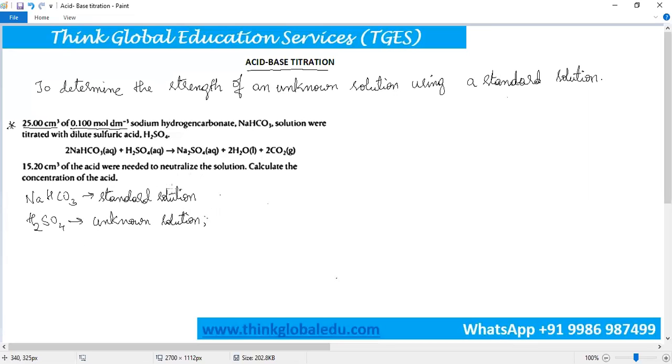The first step to determine the strength of an unknown solution is to calculate the number of moles of a standard solution by using the equation n = CV. So the number of moles of sodium bicarbonate reacted in this reaction can be found out by multiplying its concentration into the volume of the base required for the reaction, which will be equal to